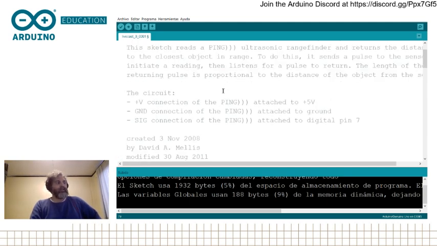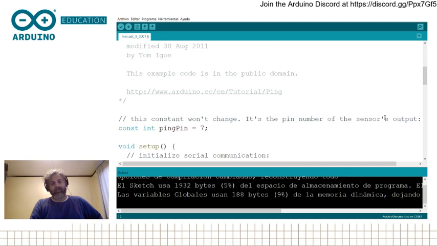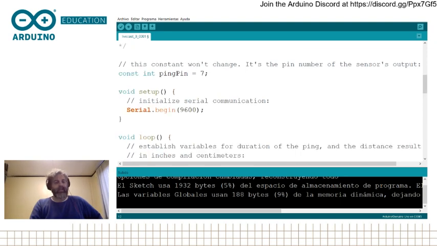The sketch first has some comments where it explains how you should connect everything, and it tells you I should connect the signal pin to pin number 7, which is exactly what I did. It was a bit by accident, but it's really good. And then it continues, and it configures a constant, ping pin, which is the pin where we'll connect the ping sensor.